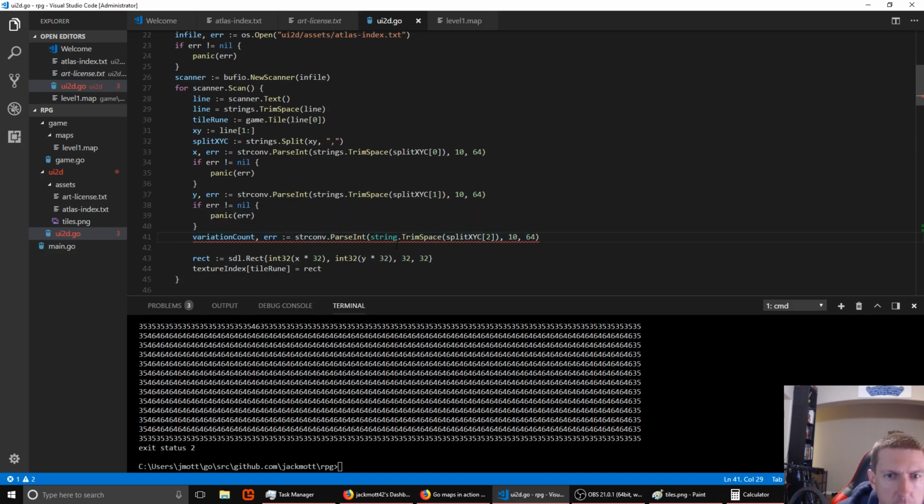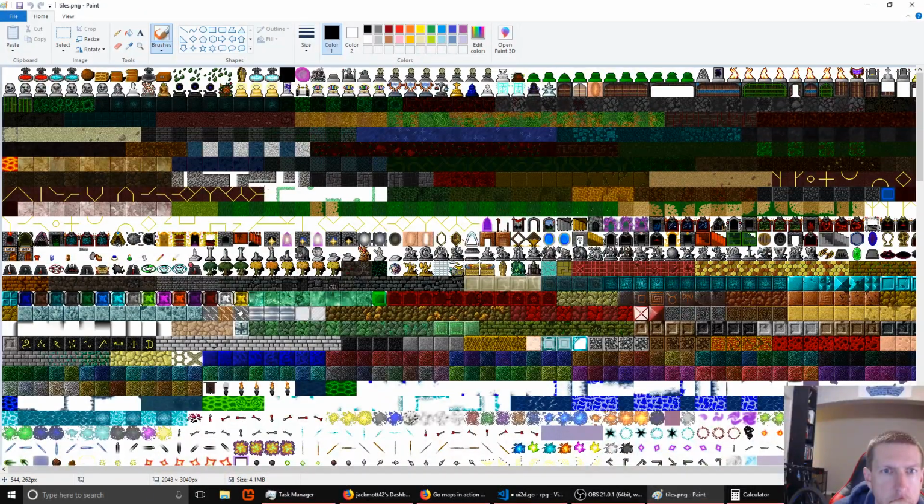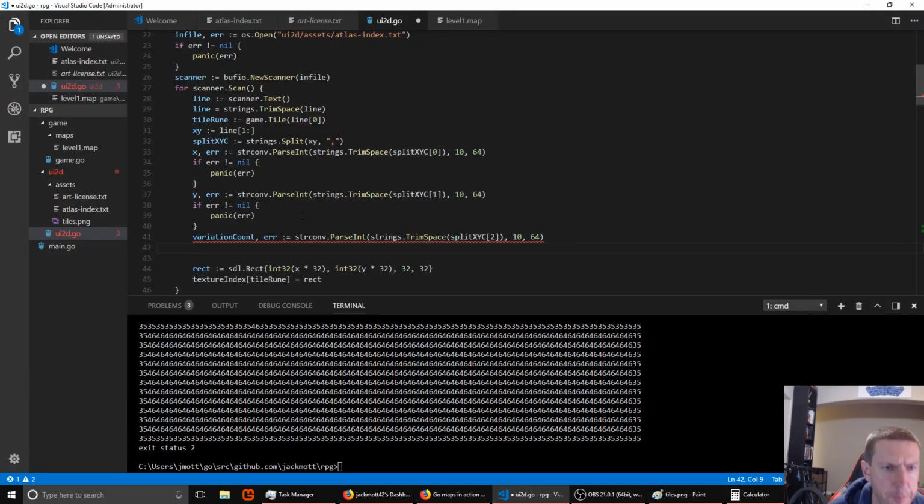Okay. Strings dot string space. Okay. So now what we need to do is build up a list or a slice of rectangles that we can use. And we need to pick them randomly. Maybe not random, maybe we'll go in order. That way it's always reproducible. But in order wouldn't look as nice. No, we can pick them randomly. So